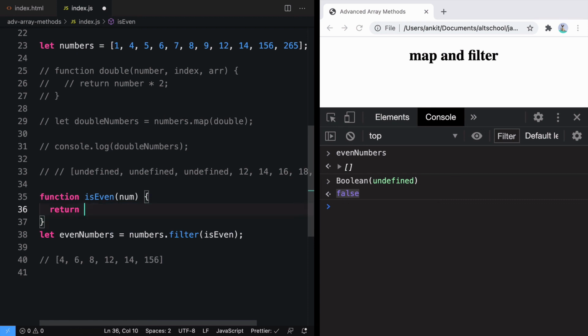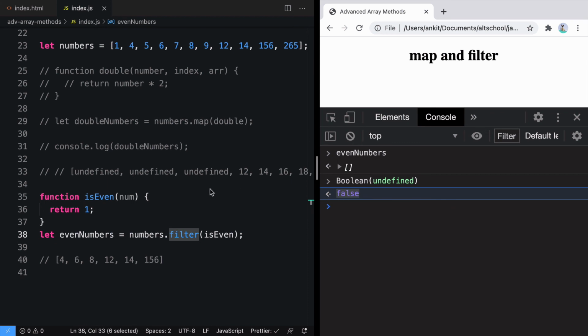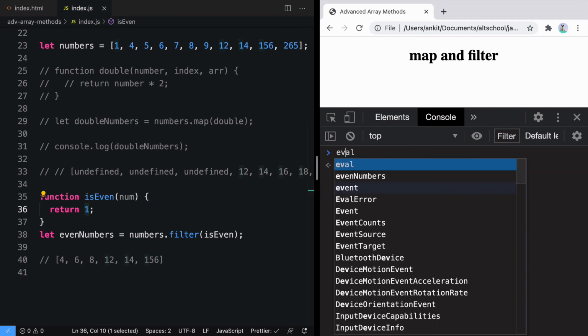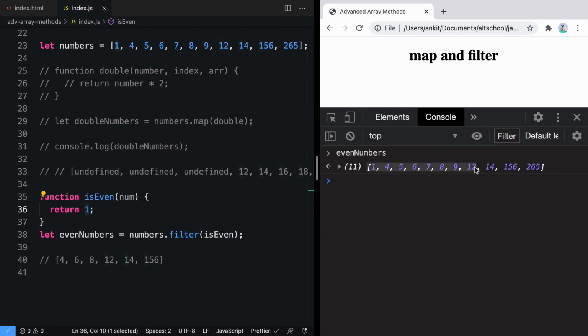So here, what if instead I just return 1? Filter will not be able to understand 1, so it will convert it into Boolean. And if you convert 1 into Boolean, 1 is a truthy value. Because it is a truthy value, the array will remain the same. You can see that evenNumbers has the same number of elements that numbers has. For each element, I'm getting access to the number, but I'm returning 1 all the time. That's why the same size of array will be returned. But this is not the use case, so always act on the numbers that you're getting access to. So we'll say number modulus 2 is equal to 0. And this is what will happen.